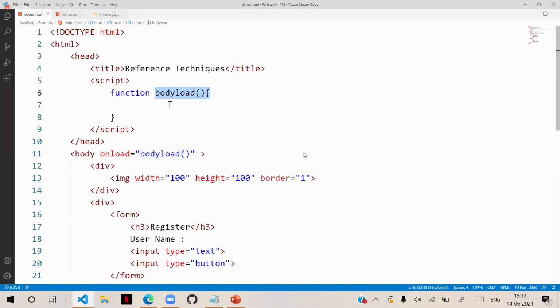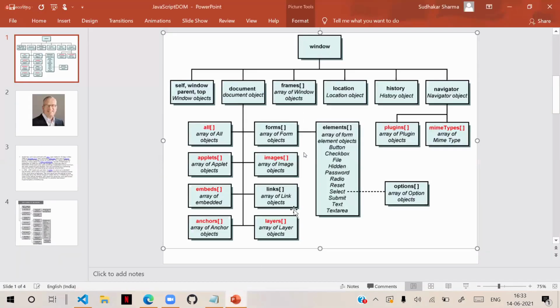And this function should put some image inside this IMG. So here we have to write the logic. So how to access that IMG? What is the order hierarchy? You can see in the DOM hierarchy, you can observe here, where is image?